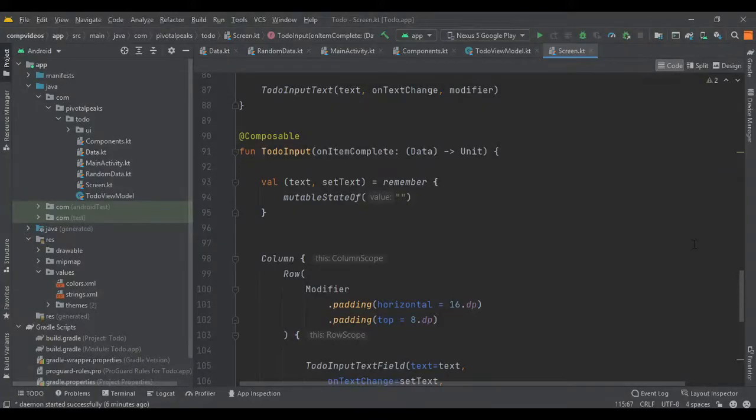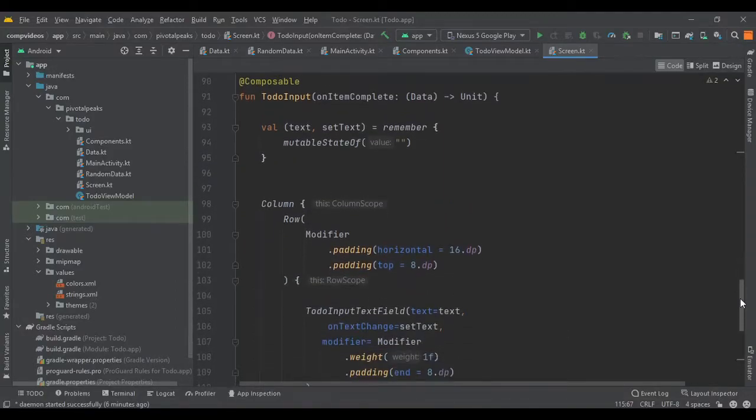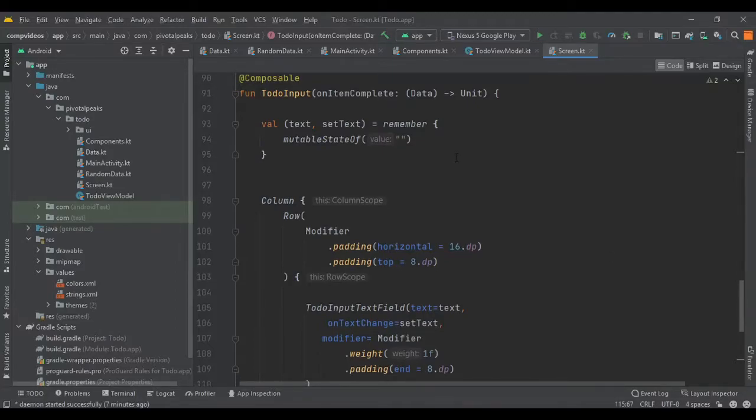Hello guys, so in this video we are going to explore how to build a dynamic UI based on state. So we will show the icons whenever the text field is not blank. So let's start. So in our screen file we are going to create a state for icons that holds the currently selected icons. So let's do that.